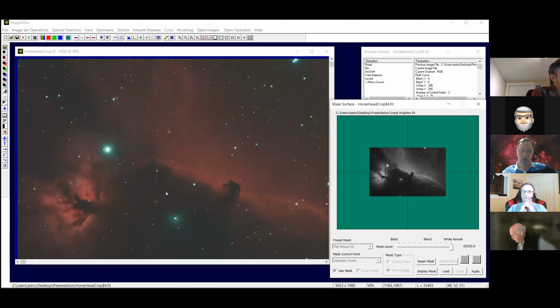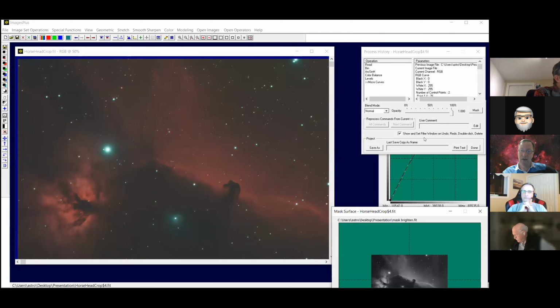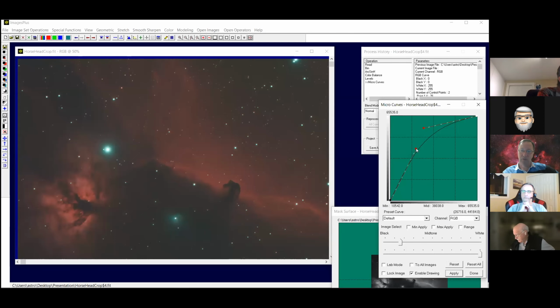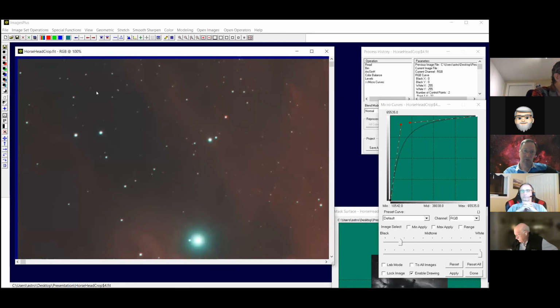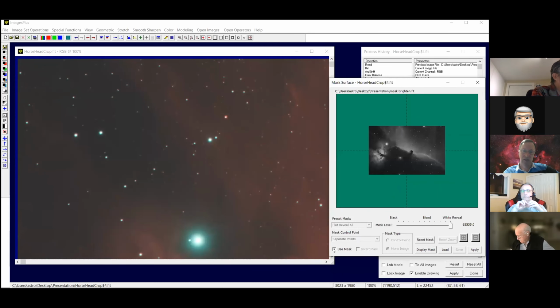It keeps the noise out of the background, and it does a really good job of it, to the point where I can take this now and actually stretch it a substantial amount more. You can see the nebula is now starting to get nice and bright. And if I stretch it even more, there will of course be a limit. But even with what is a ridiculous amount of curve adjustment, the background is not too bad. As you can see in here, it looks much better than it did if you did not have the mask on. So if we take the mask off,